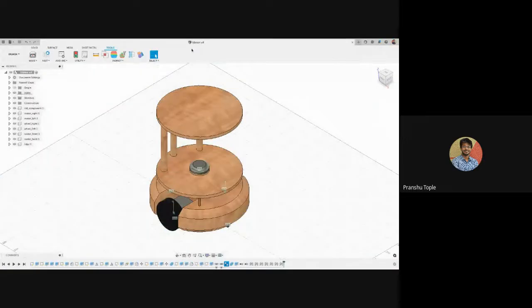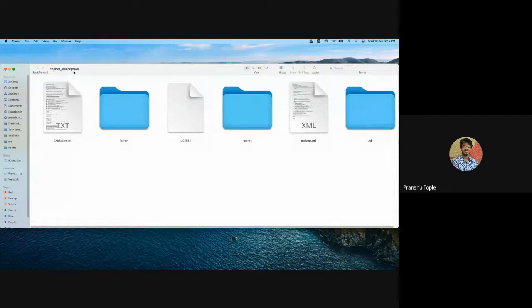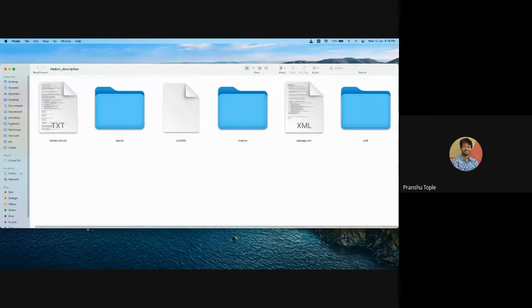If you remember the name of the robot, we gave it as FDP bot. So FDP bot underscore description is the description package of the robot. As I told you yesterday, this is the description package of the robot, which includes all the physical properties of your robot. Hence it is called description, because it is the description of your robot.